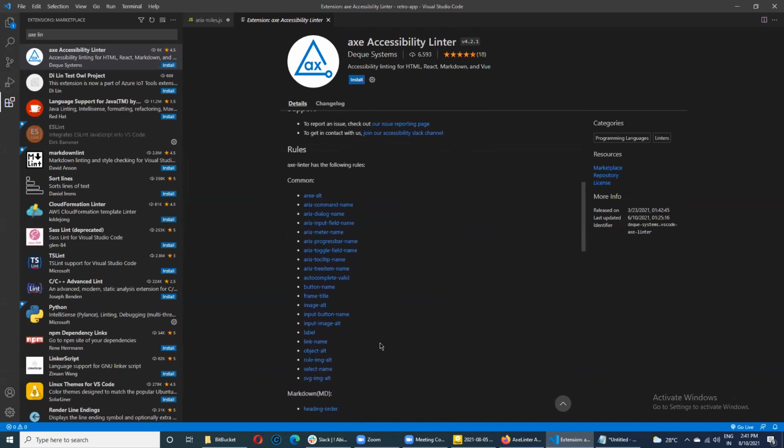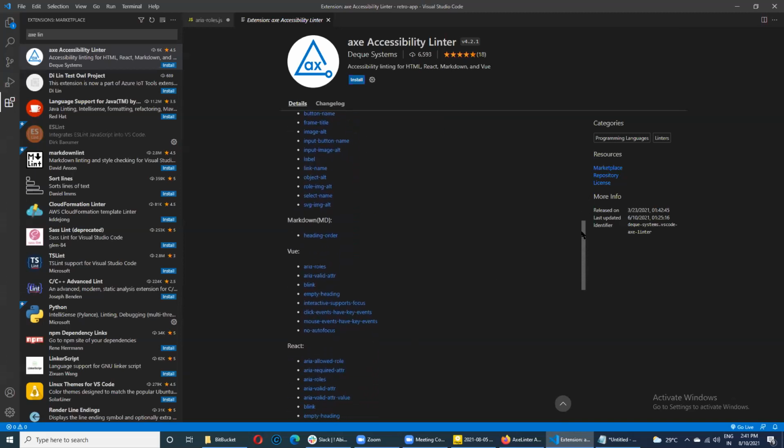This is definitely a subset of what Axe Core would do, because we are looking only at the source code and not the rendered page. So the issues that we look at will be limited. This is a subset of issues that Axe Core will look into.